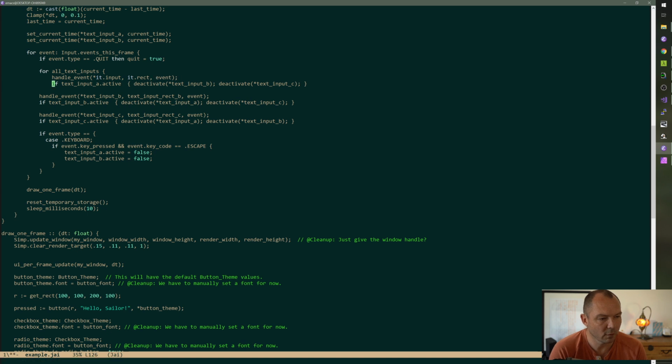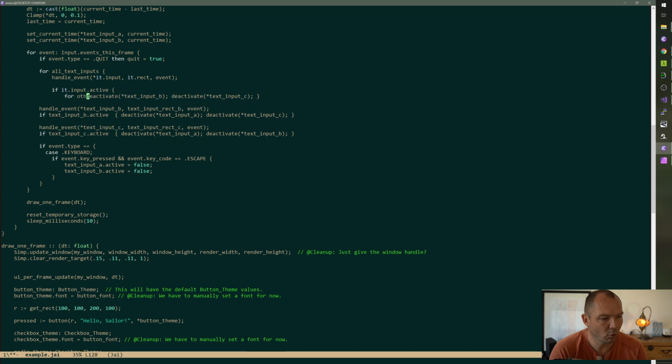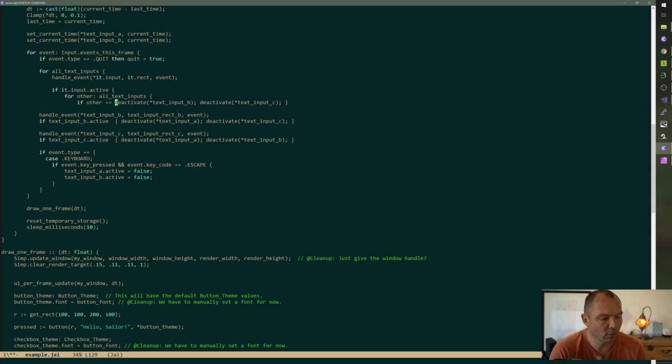If it.input.active, for all other text inputs, if other.input.active, well, let's do this. If other.input.active and other is not equal to it,